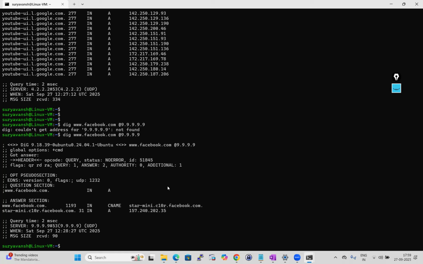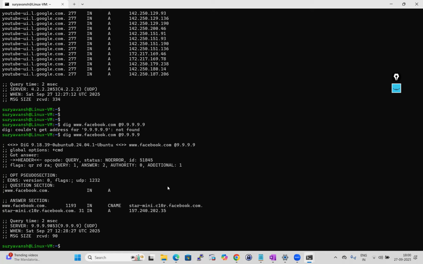That query comes to our F5 DNS. F5 DNS will take it from the normal Google DNS server or Open DNS server, and that detail comes to the F5 DNS. F5 DNS will send it to the user, and then the user will start communicating with that IP. Okay, so